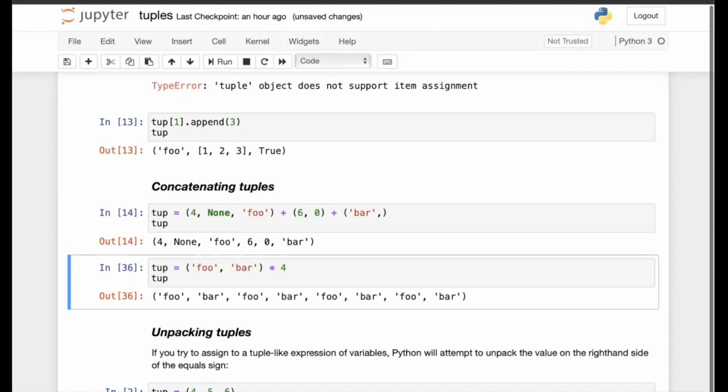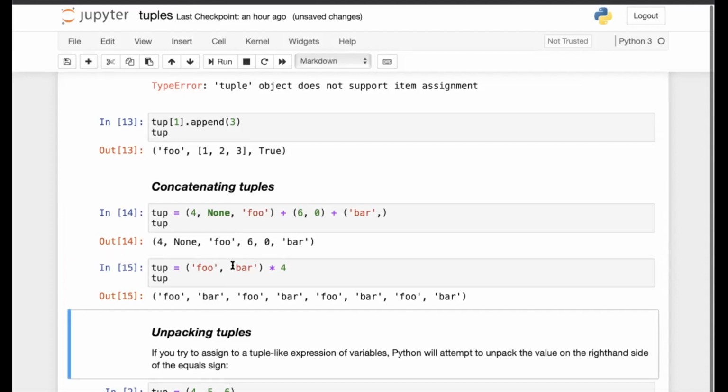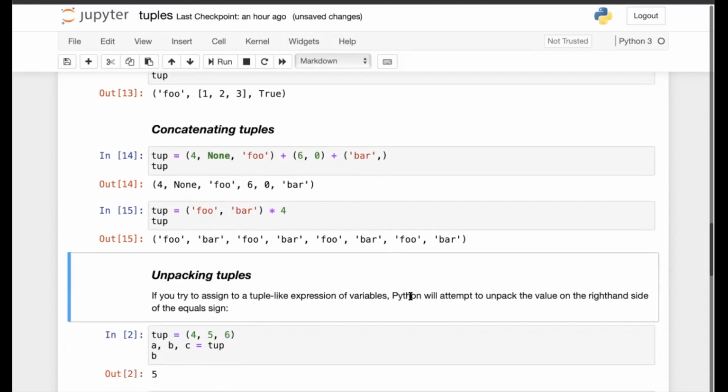Because this tuple has two items, foo and bar, and we are basically multiplying it with 4, it means these items would be repeated 4 times. So a new tuple is created which has these two items repeated 4 times, foo bar, foo bar, foo bar, and like this 4 times.